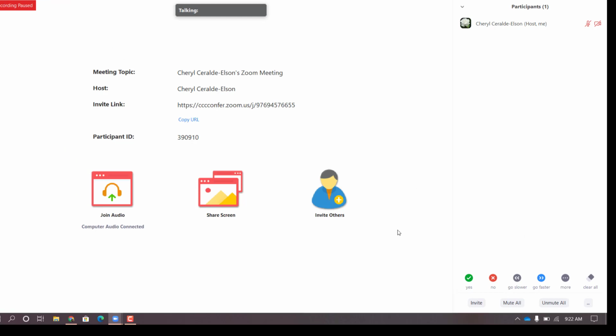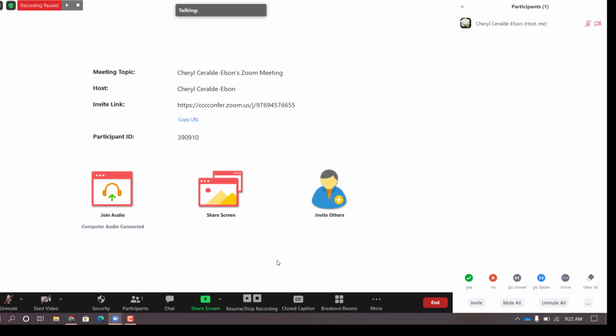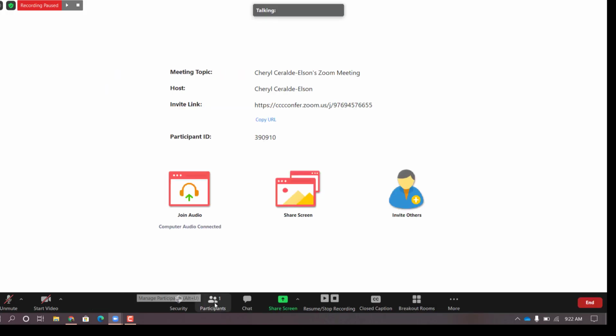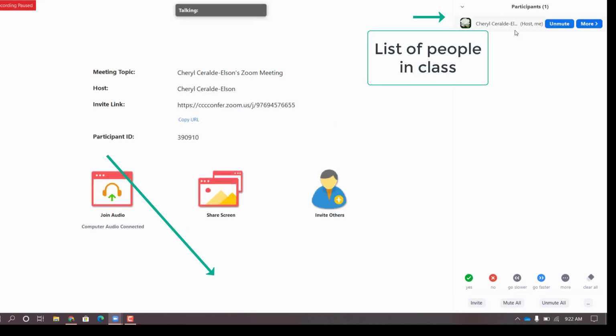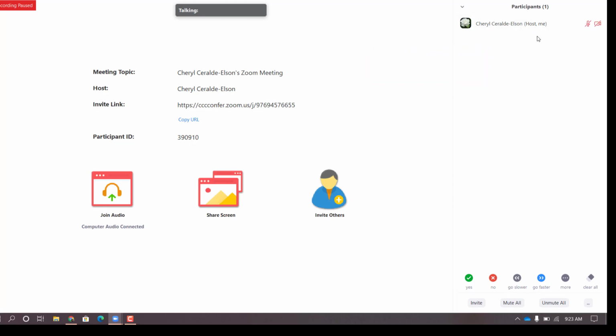There's some other features here on Zoom. If you go to participants and you press on it, then you can see a list of people in this class that signed on. Right now, I'm just giving you a sample, so it's only me who's in this class, no one else. If you go down